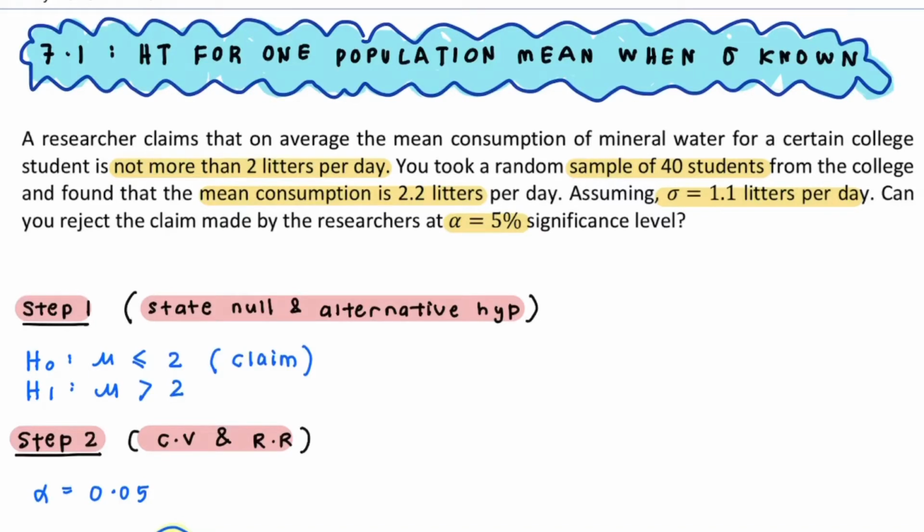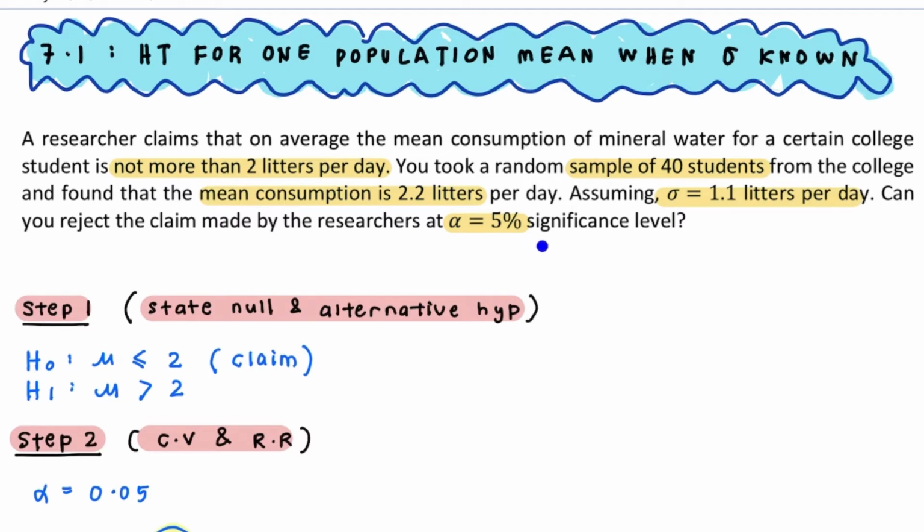First subtopic, hypothesis testing for one population mean when sigma is known. This is example number 2. A researcher claims that on average, the mean consumption of mineral water for a certain college student is not more than 2 liters per day. You took a sample of 40 students from the college and found that the mean consumption is 2.2 liters per day. Assuming sigma is 1.1 liters per day, can you reject the claim made by the researchers at alpha equal